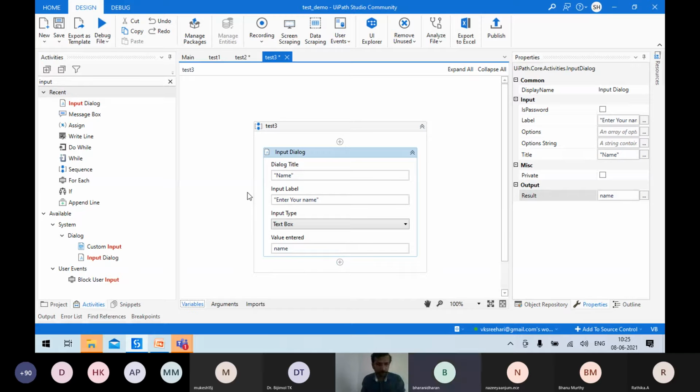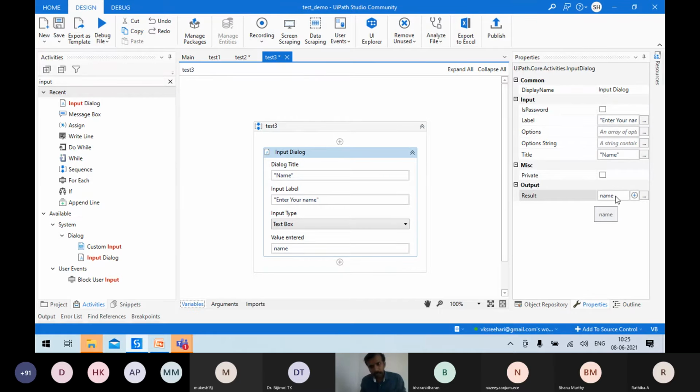Sir, repeat one more time, sir. So just take an input dialog box, drag and drop it over here. You'll see 3 fields like dialog title. Type something over there, I have typed name. Then for the input label, this is the message you see on your screen, like enter your name. Just type that message over there. Once you do this, on the right hand side you will see an output.